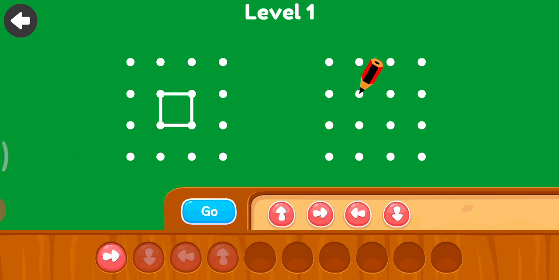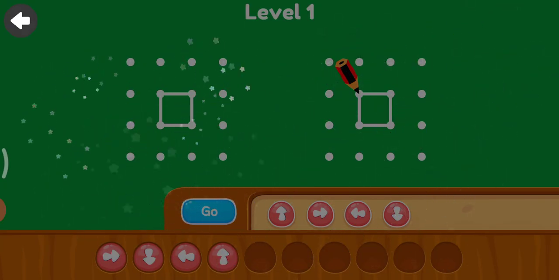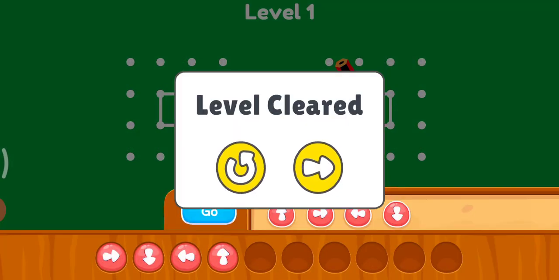Next I am going to apply a down button. Then to the left side. Then I am going to the up button. Okay. Now click on the go button. So you have completed level 1 successfully.